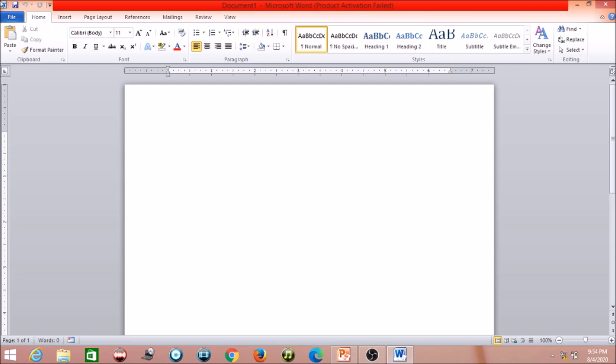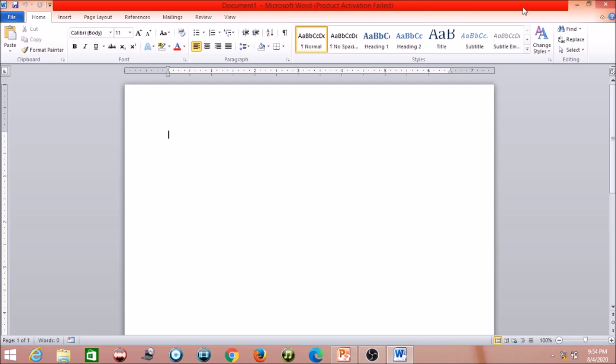Okay, after the Home tab, this whole area is known as the ribbon area. In this ribbon area you will find Clipboard. These are the groups. What I have told you, this is the title bar. In the title bar, this is the Quick Access Toolbar, and this is the minimize, maximize and close button.